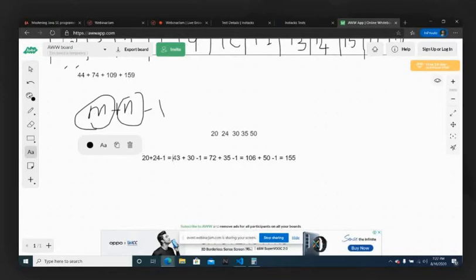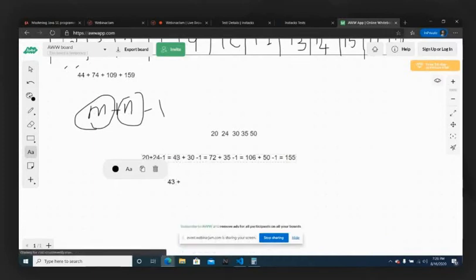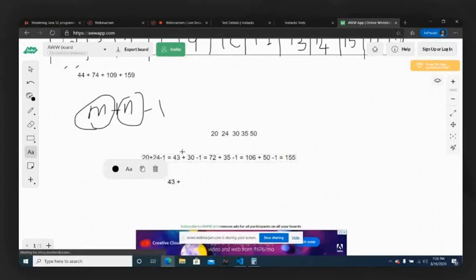So merging the first two arrays requires 43 comparisons. Merging 43 with 30, you require 72 comparisons. Then merging 72 with 35 elements, you get 106 comparisons. Finally, for the last one, you get 155.